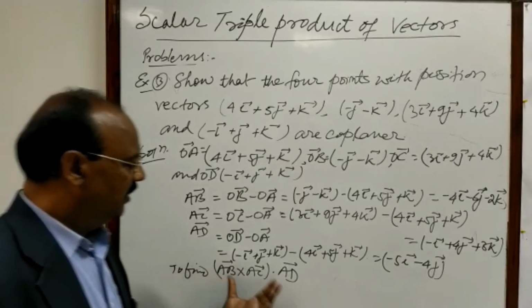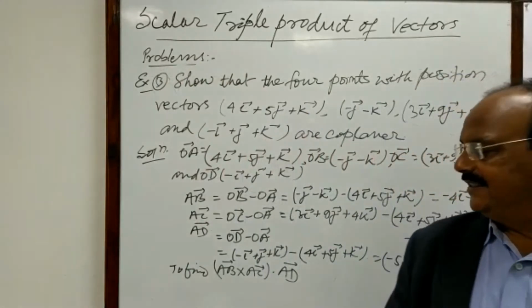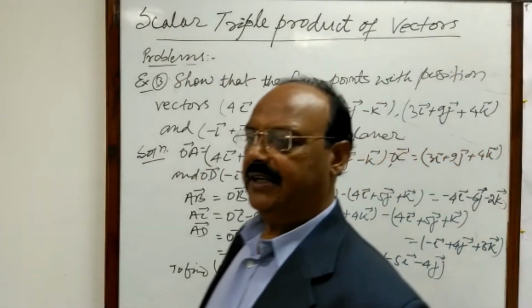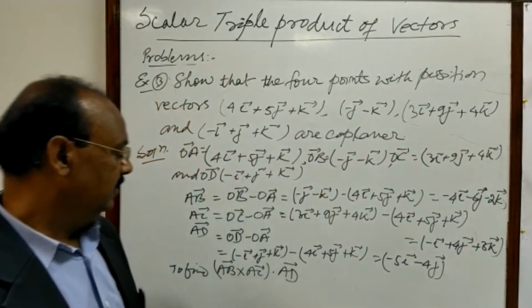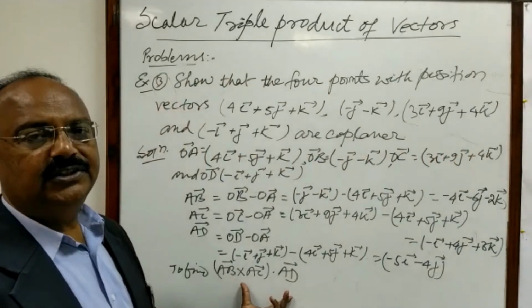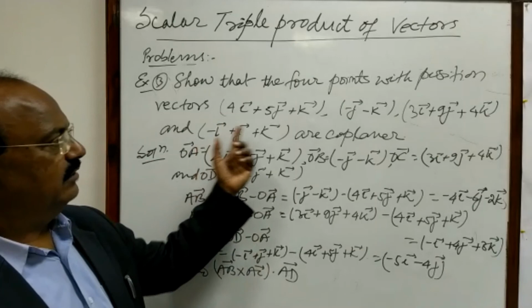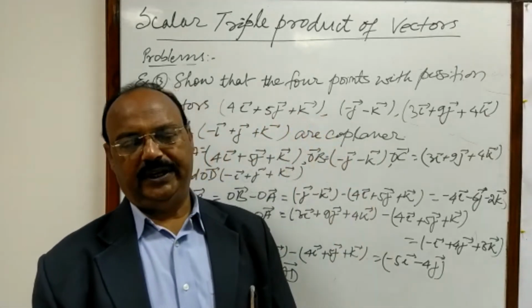So students, in the previous questions we have already discussed how to get the scalar triple product of 3 vectors with the help of a determinant, and after expanding that determinant we can evaluate that value and you will find here that this will be equal to 0. So we will get the result. It will be proved that the 4 given points with these position vectors are lying on the same plane.